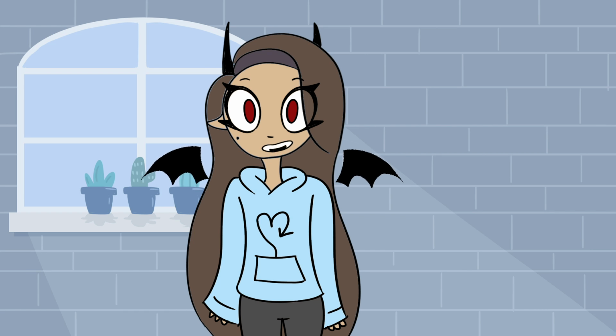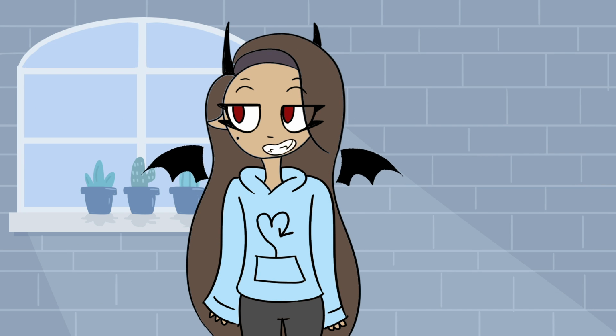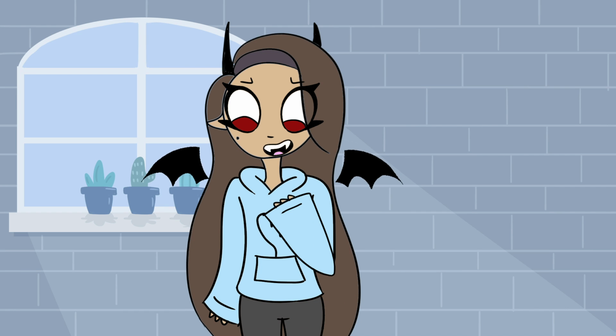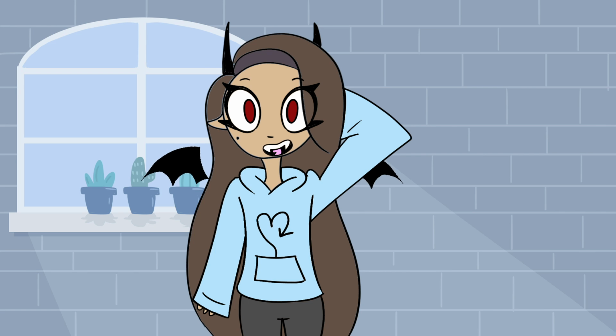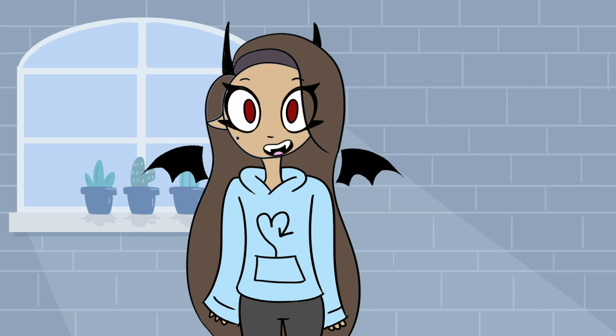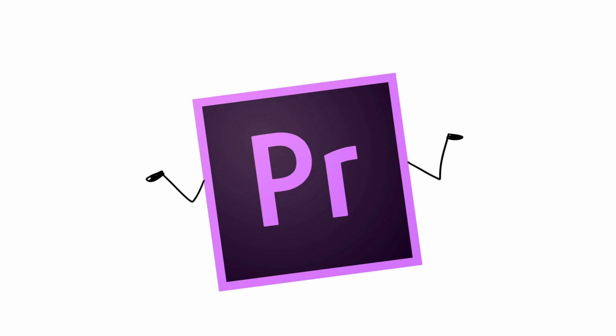When the program you're using crashes. Now, this wouldn't be that much of an issue if it weren't for the fact that I have a bad habit of rarely saving my work. I do most of my editing for videos in Premiere Pro, yet I'll go a whole day without saving until nighttime. There have been times that my laptop has decided to shut down for no apparent reason, and sometimes Premiere